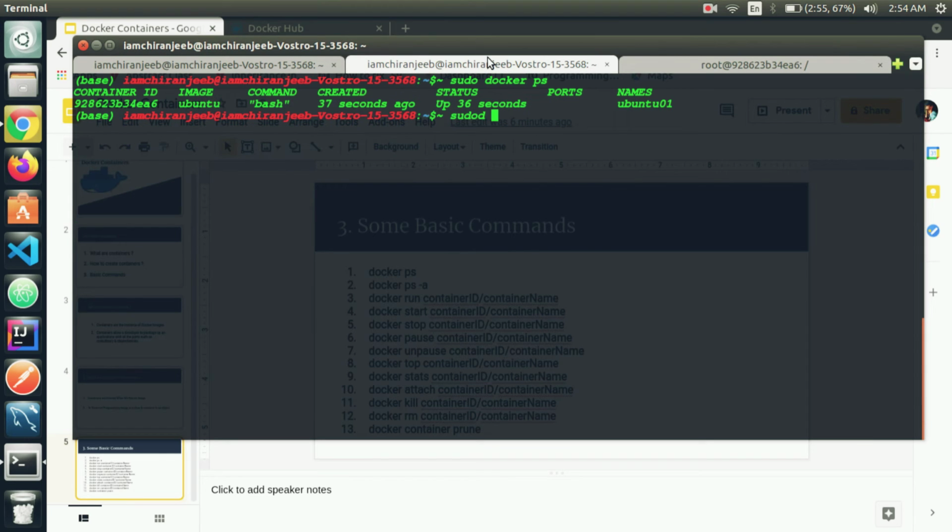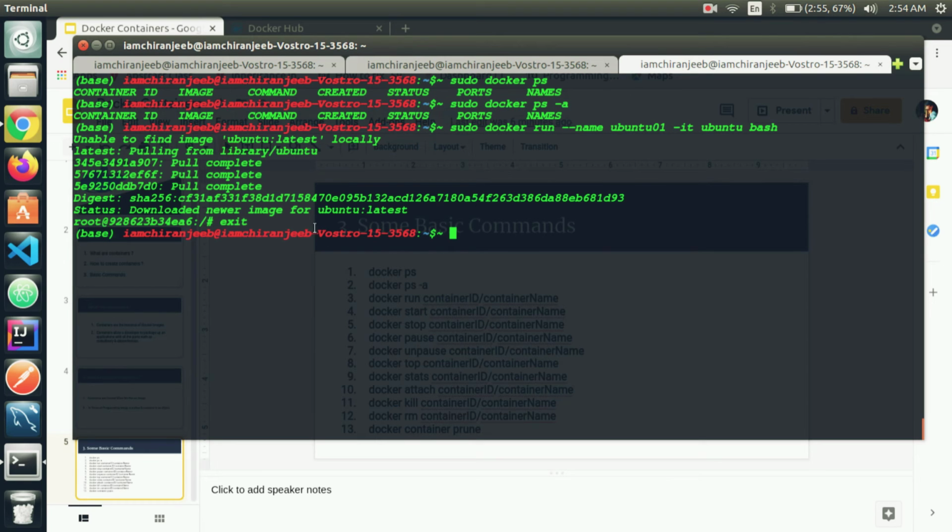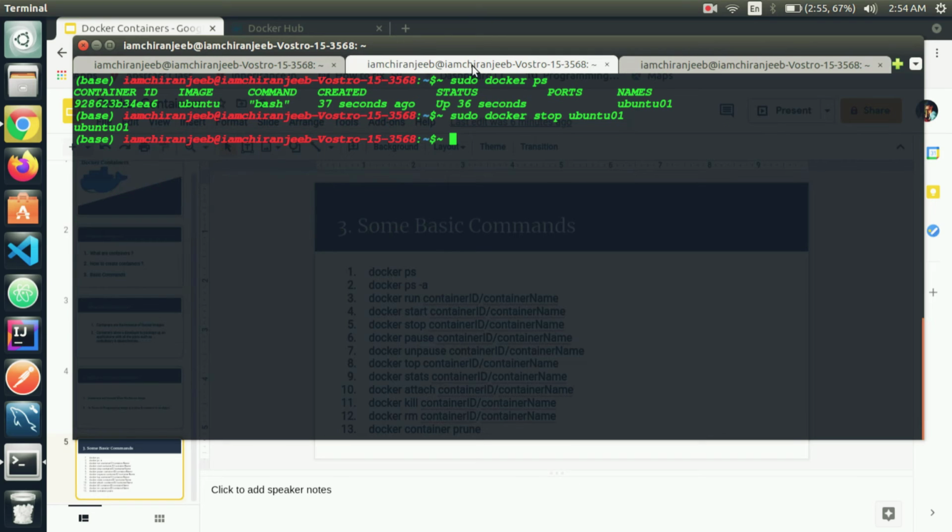For that I will use sudo docker stop container name. This has been executed successfully. Now you can see I have come out of the interactive mode, and the container has been stopped.